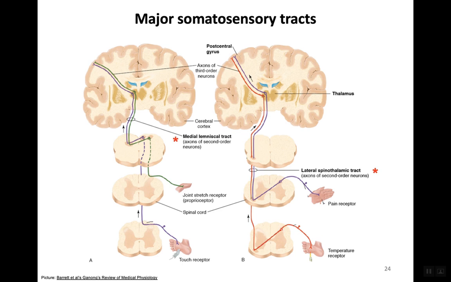Okay, so then let's move on to the somatosensory tracts, which this time carry information from the body to the brain. And 2 major tracts we are going to mention here are the medial lemniscal tract, which mediates proprioception and touch, along with the lateral spinothalamic tract, which carries information about pain and temperature. And they're both